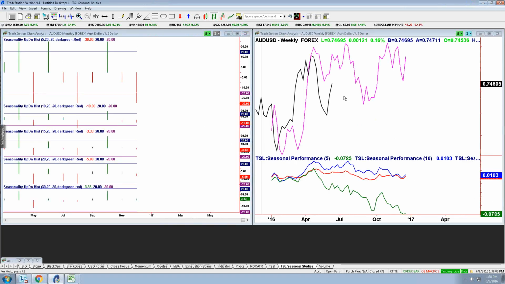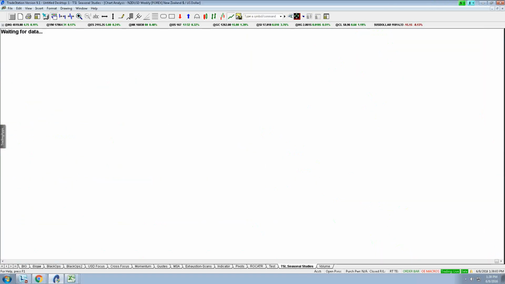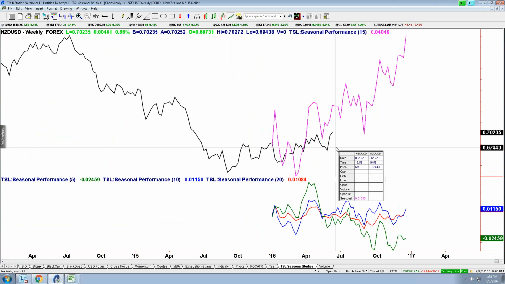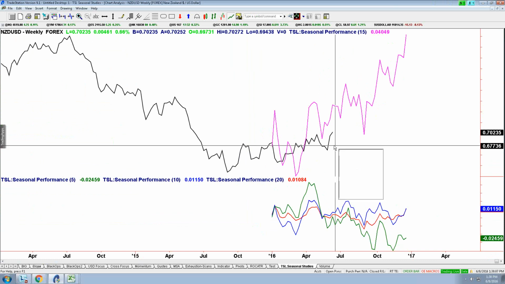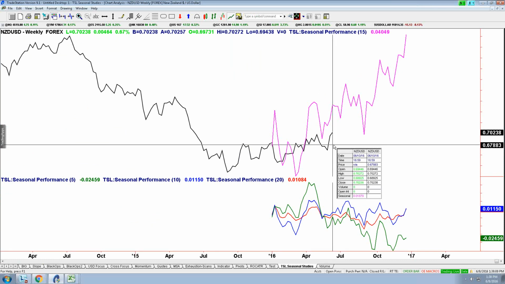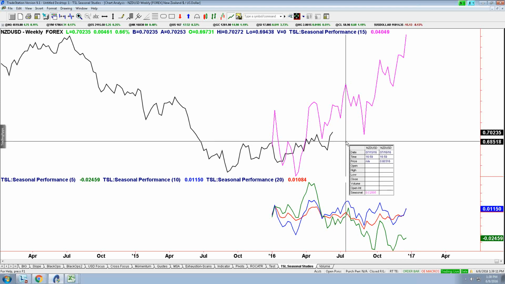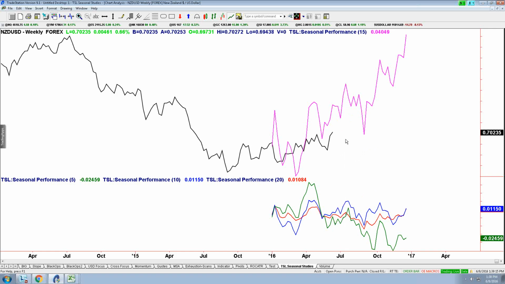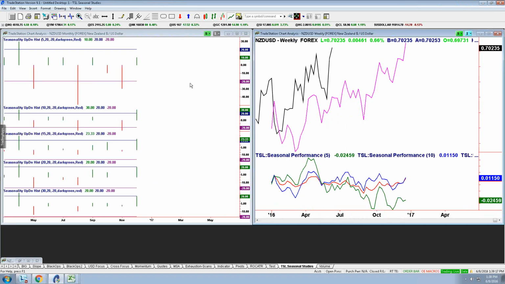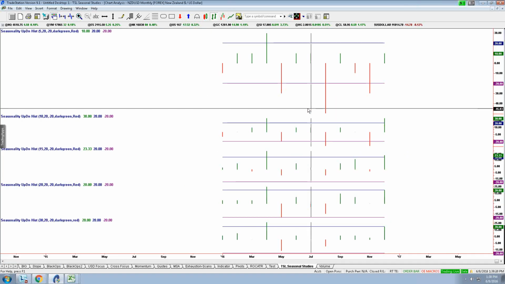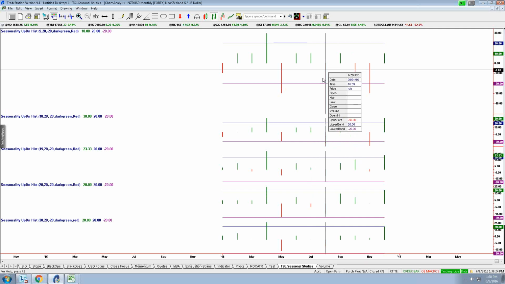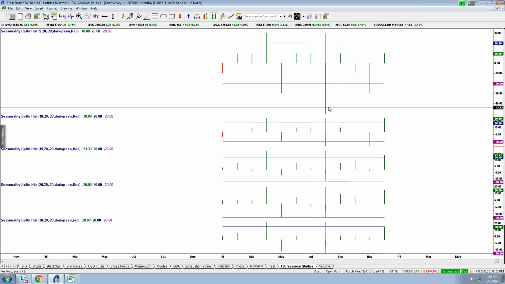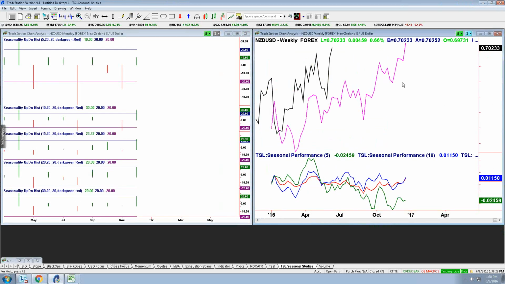Problem with me again, the timing situation. Seasonals for Kiwi, you do get a top after this week, but it's short term. The bigger tops for Kiwi end up coming really not until you get into July. Okay, and obviously middle July is a month off. So you can see here, this is the frequency chart, and August is typically a crappy month for Kiwi. And we're just not there. So maybe there's something for a short-term short.